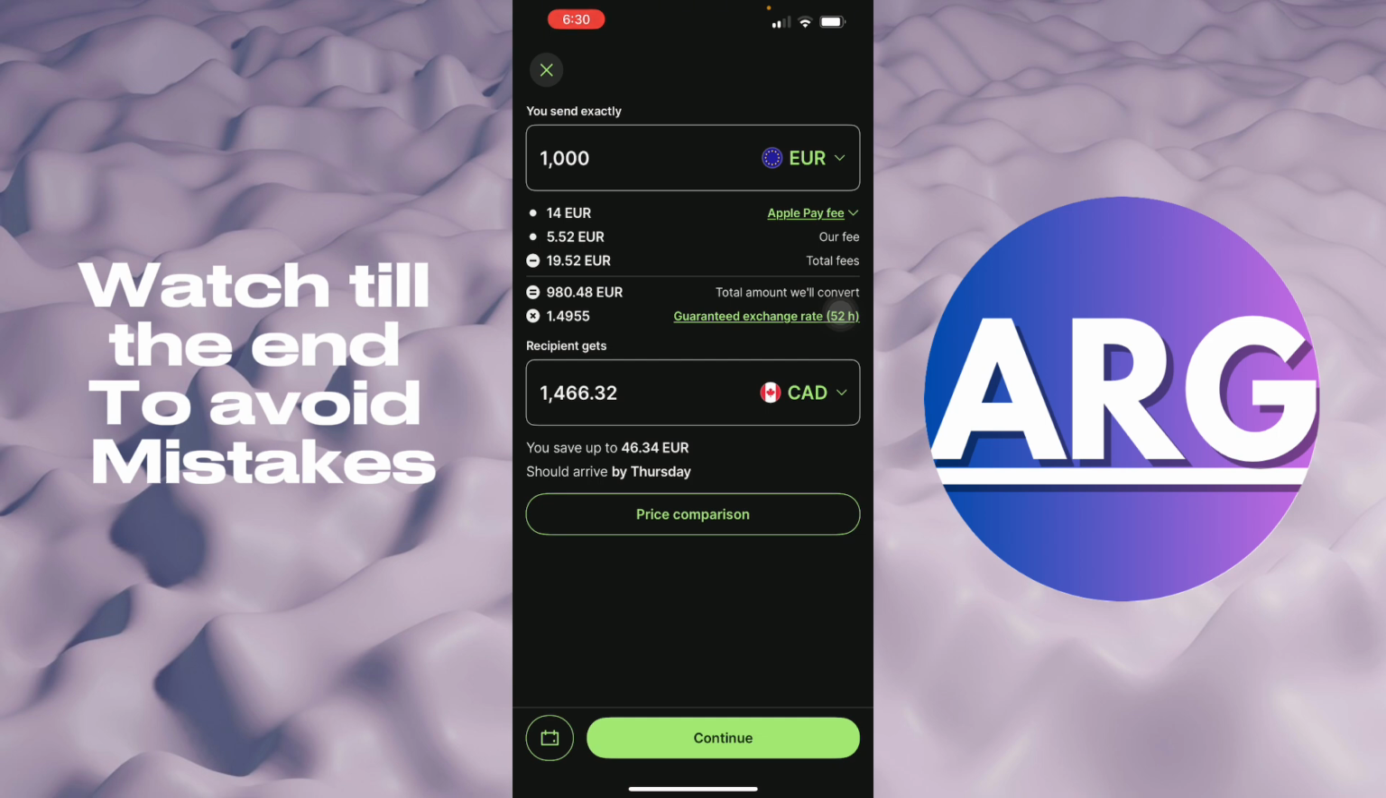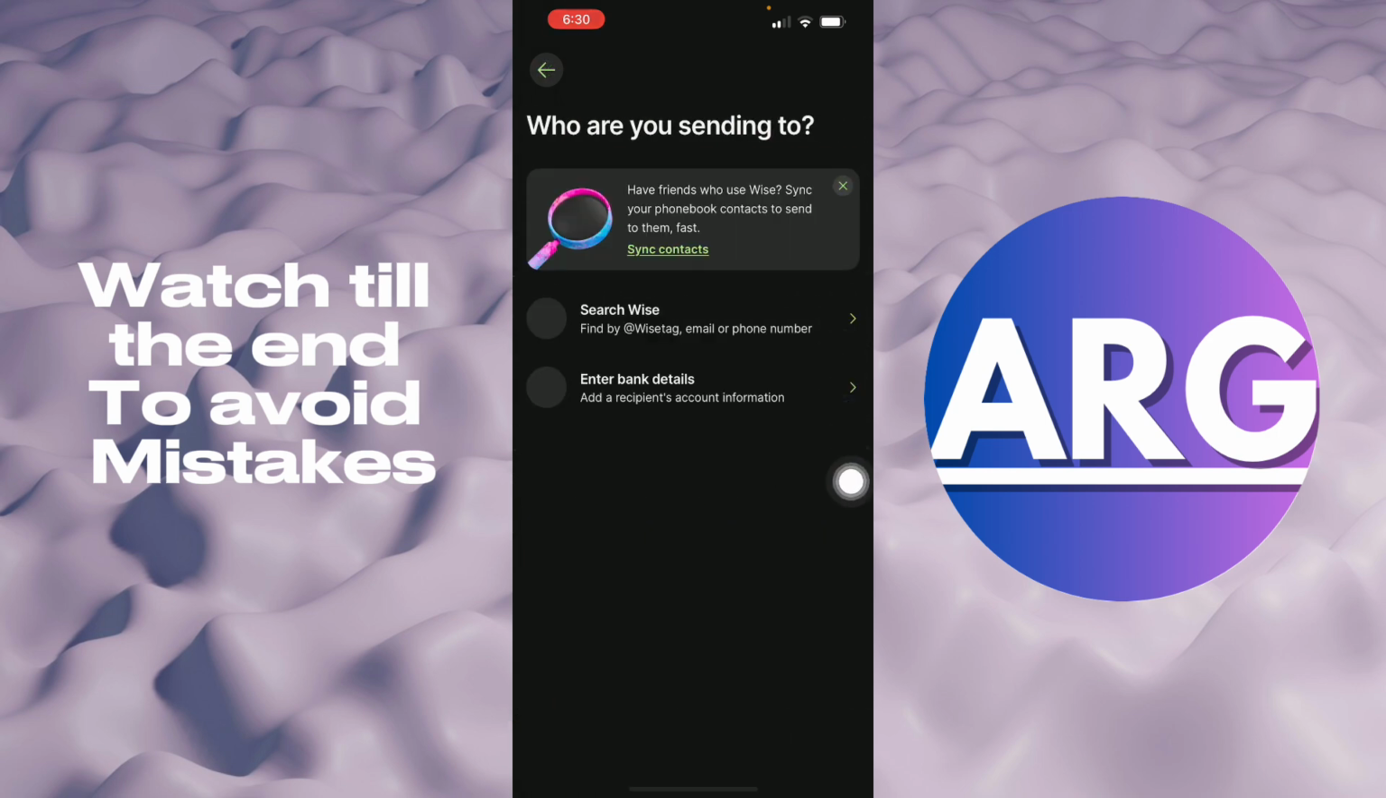So here, there's going to be an Apple Pay fee and their fee in Wise. So total fees will come down to 19.52 euros. So here you can continue and then you can search their Wise number or their bank details. So that is how you send money from Europe to Canada in this